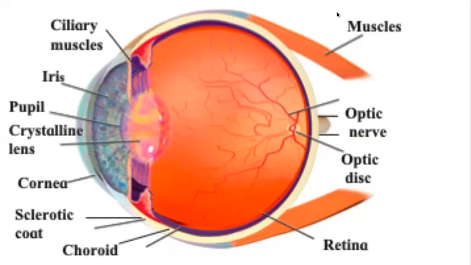When the light enters the eye through the pupil, it goes through the lens, gets diverged or converged, and then the image is formed on the retina. When the light touches the cells of the retina, electrical signals are generated that are transmitted to the brain through the optic nerve, and the brain interprets those signals.